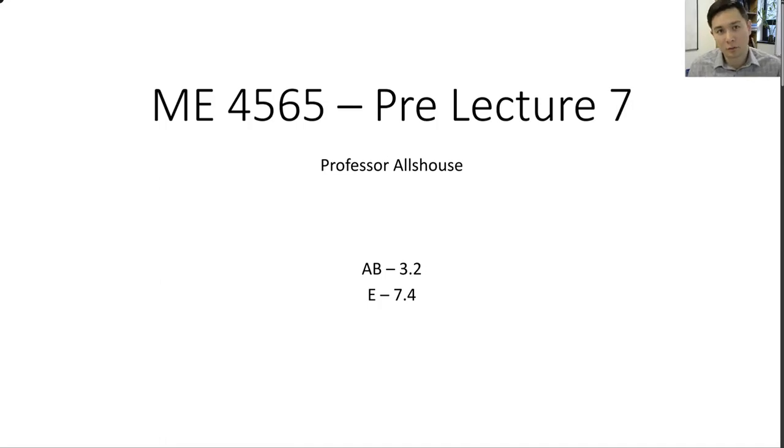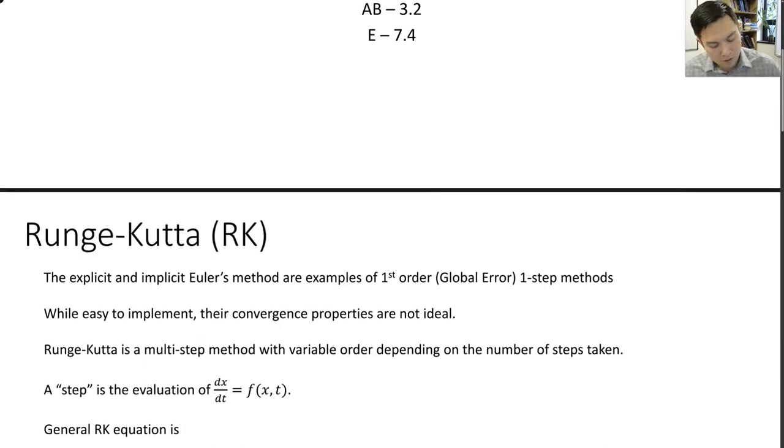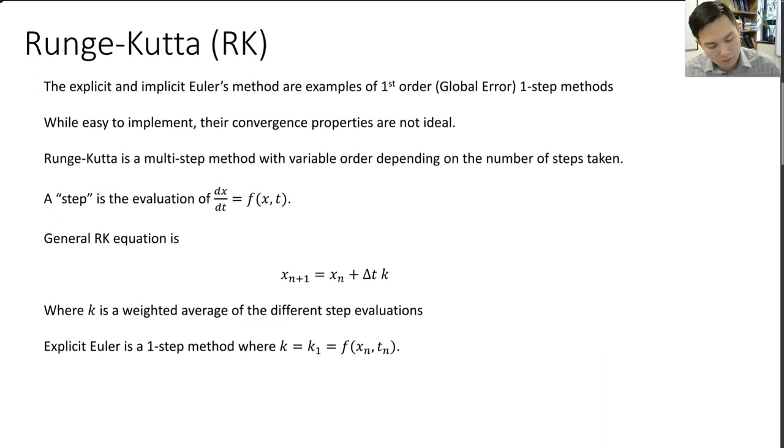This is the video for pre-lecture 7. In the previous lectures, we've introduced the concept of the explicit and implicit Euler's method. And these are both examples of a first-order method where we get that first order from our global error, and we found that the error for both our explicit and implicit were order delta t,